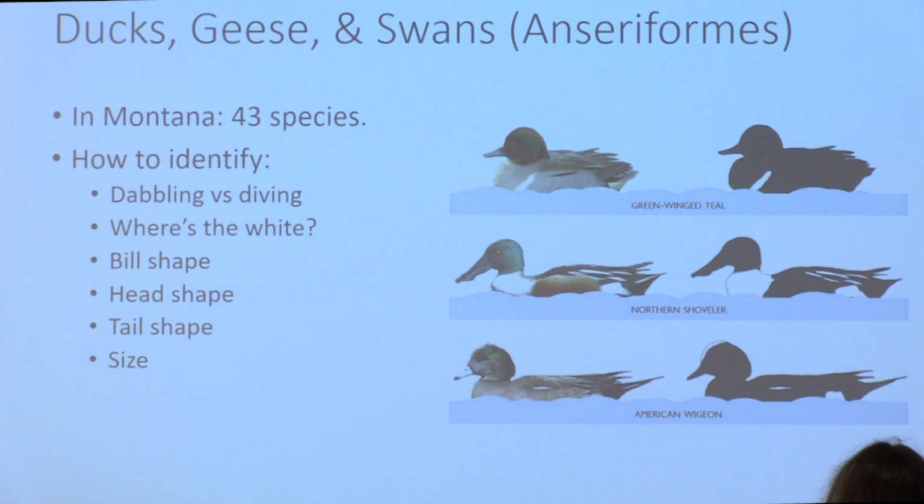So diving versus dabbling. Of course, this being science, nothing is ever exact, so some dabbling ducks will dive and some diving ducks will dabble. Just depends. Next is where's the white? So looking at the placement of white feathers is one of the easiest ways to ID ducks over a long distance and in variable lighting conditions. So if you can identify where the white placement is, like they're doing here in this little graphic, your chances of IDing become much better